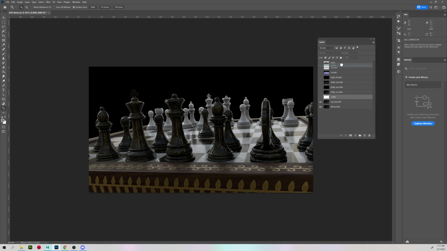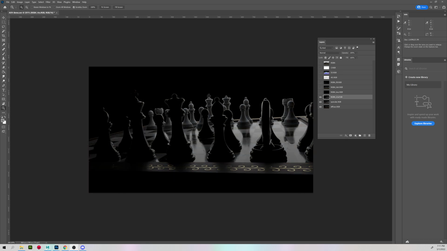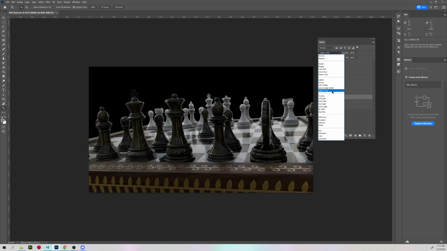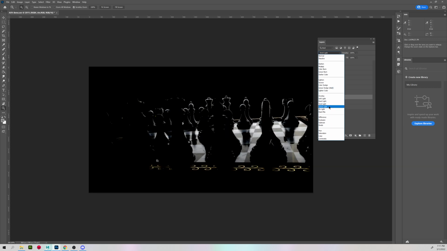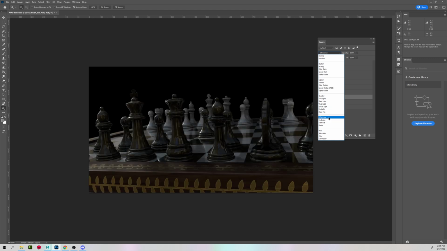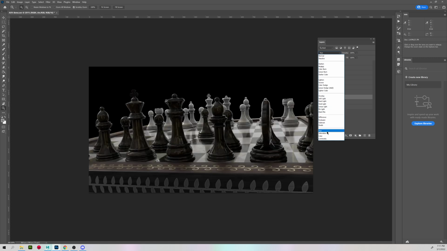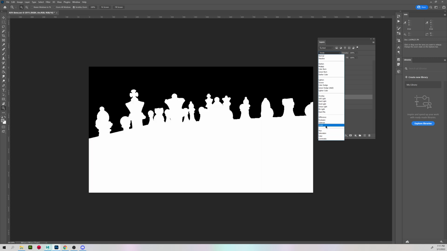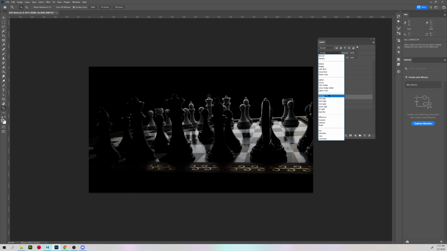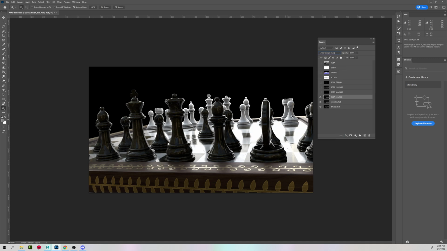I'm going to drag my ZDepth up to the top and my ID as well. And next I'm going to go to my rim light. And for my rim light, generally I'll go to screen or linear dodge. There's not one correct answer for which layer blending you should use. Oftentimes I'll cycle through them and figure out which one I think looks the best. And depending on what you're going for, something else might work better. But for now I'm going to go to linear dodge, and it's a little bit too bright for me. I don't want it to be that